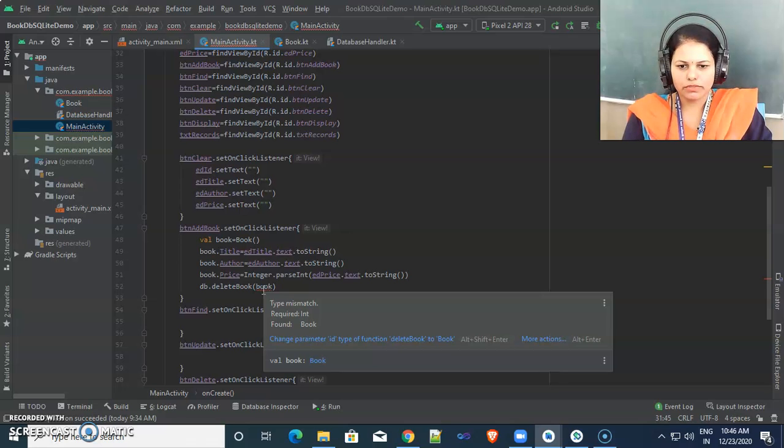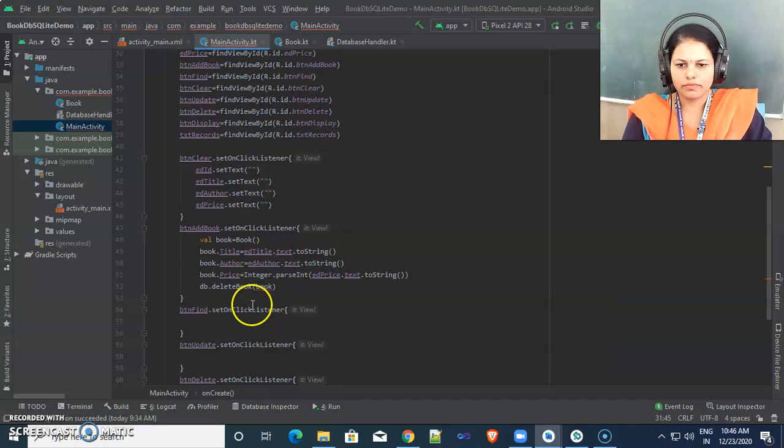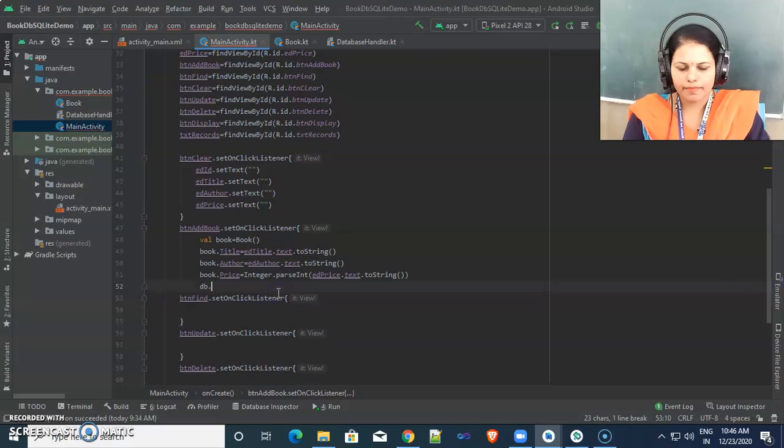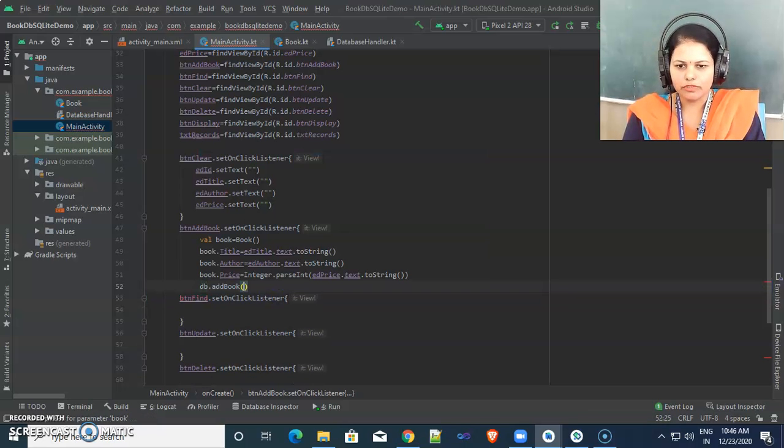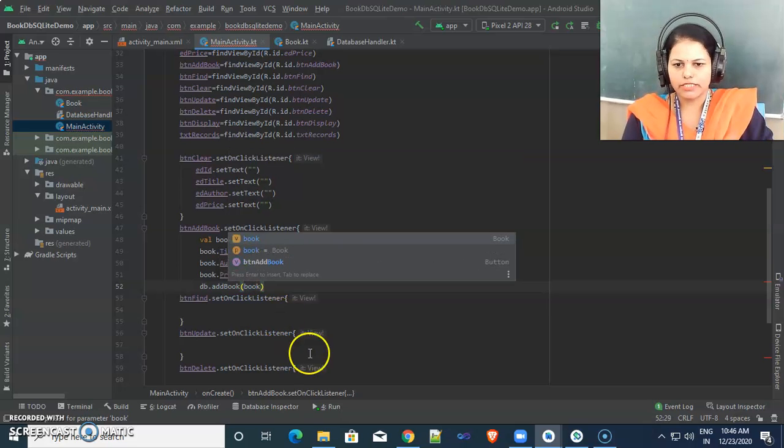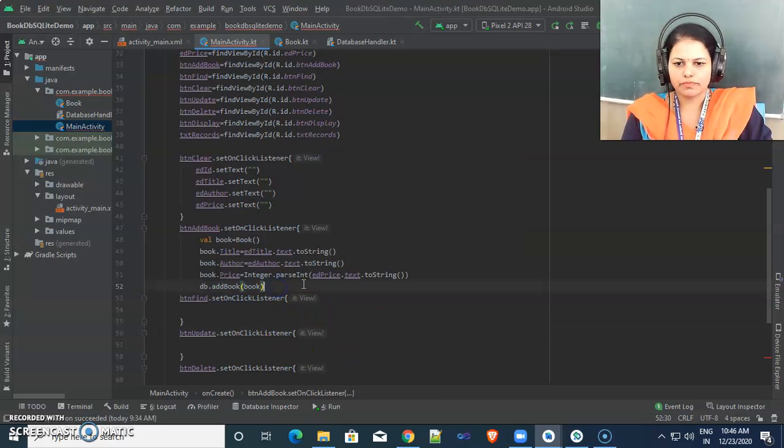Then db dot add book, and inside we are giving the book.